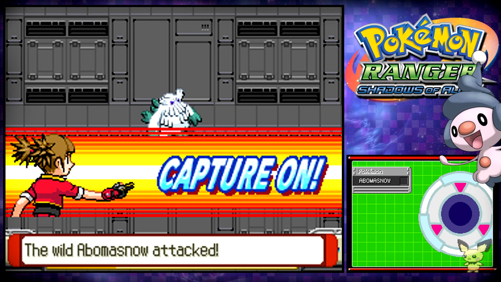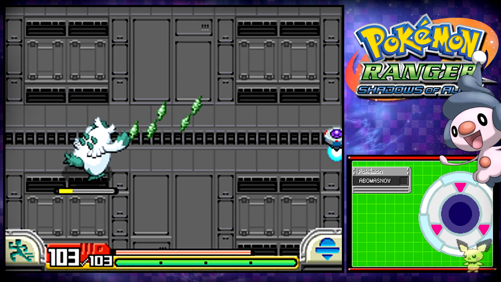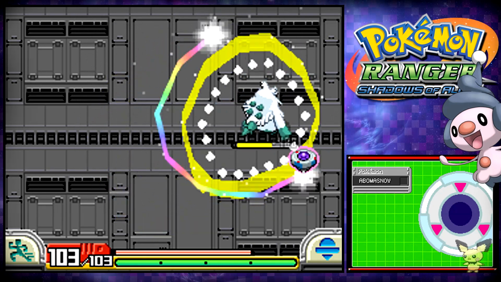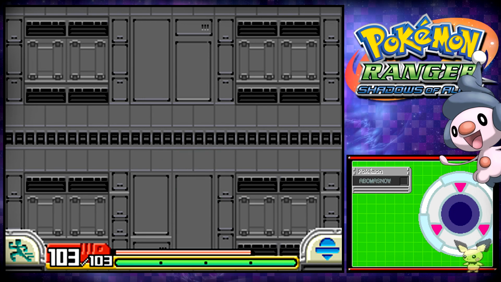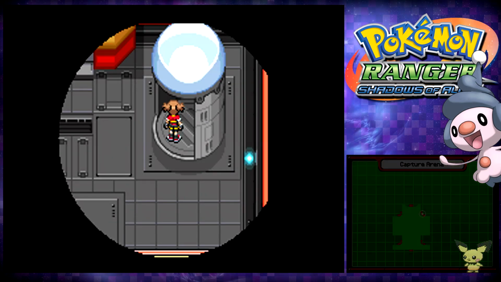So the second Pokemon we have is Abomasnow. Abomasnow here has Razor Leaf and kind of like an Icy Wind, a circular shield attack. You don't see it in this run because I captured it before it does, but yeah, doesn't look too hard. The Icy Wind area effect attack surrounding him is the hardest to avoid, so you might want